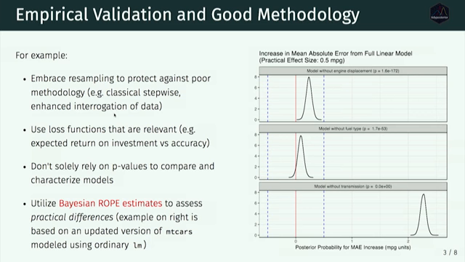So if you did classical stepwise, and you cross-validate that model and look at the performance of that model, you're much, much more likely to get, in the technical sense, more honest estimates of performance from that than you would from the standard output that just gives you your F statistic back using the exact same data that you've tortured by doing stepwise regression. So that's the whole idea behind these packages, enabling empirical validation so we have good methodology.